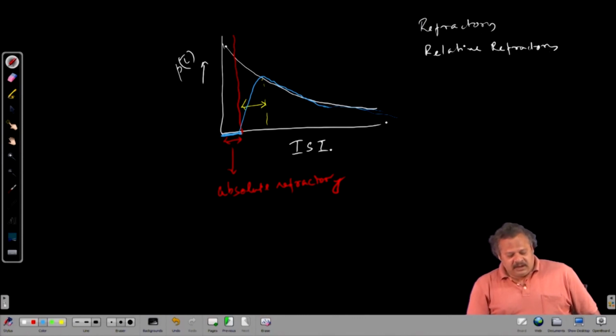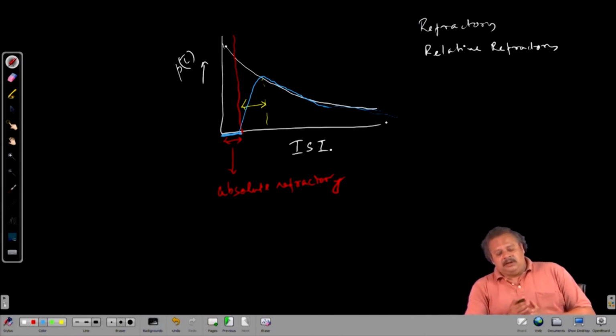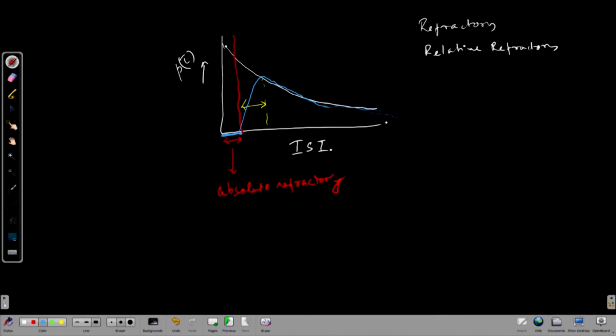So the cyan curve is the generally observed interspike interval distribution, which is often approximated to be exponential, and we go ahead with the idea that the number of spikes occurs as a Poisson distribution and the spikes occur in time as a Poisson process. So we will be talking about the Poisson process a little more in detail in later lectures when it comes up. And so from here